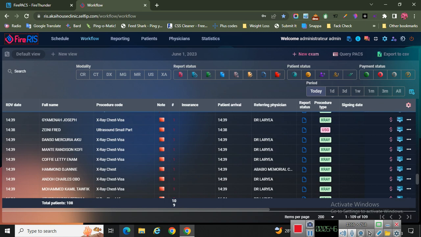Okay, so these are the modality filters. For example, I don't want to see ultrasound, so I just use the digital X-ray, and it just filters out the rest of the modalities. These are report status. So if you want to see signed reports, you can click this, and it shows you all the completed images, patient status,